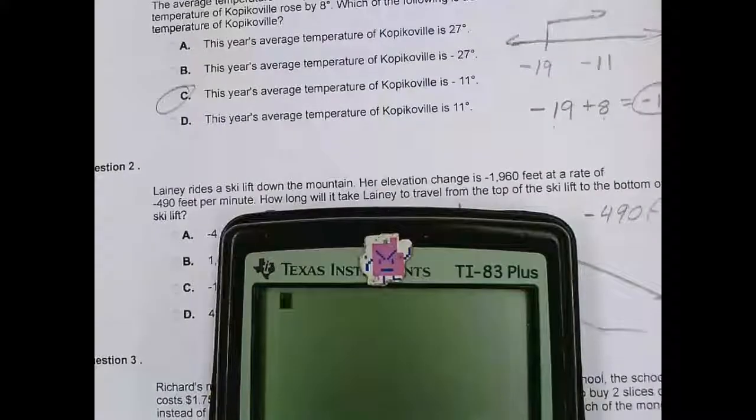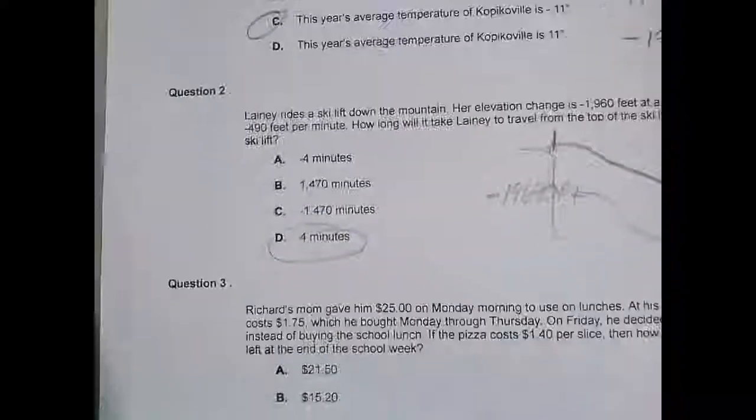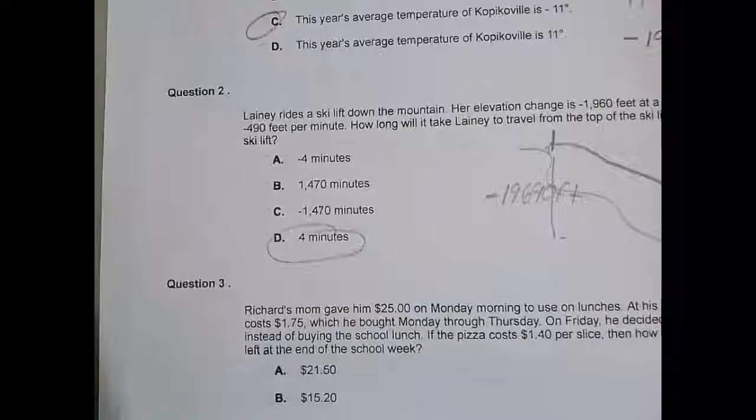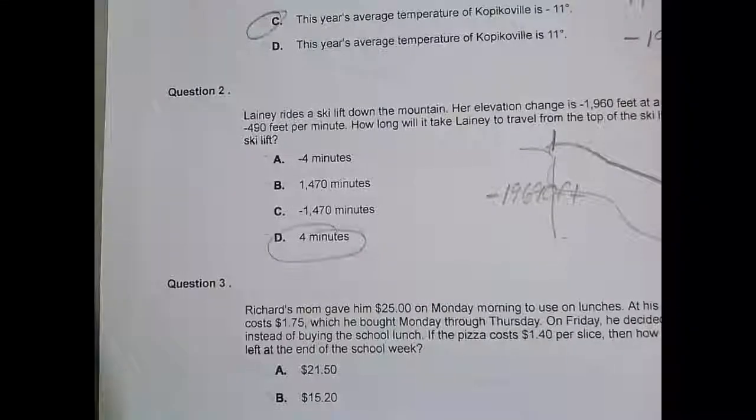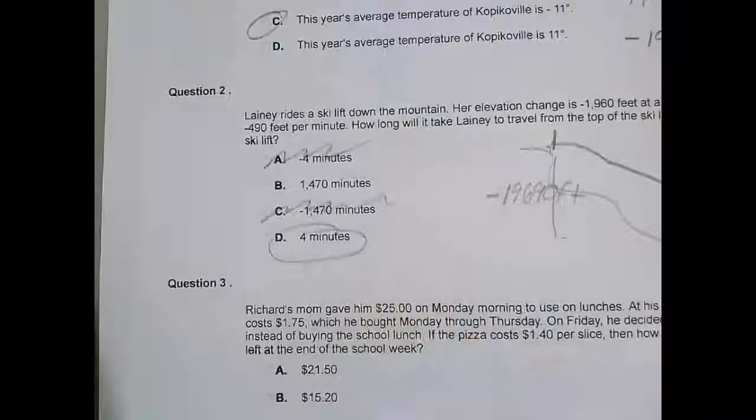Anyway, lady drives the ski lift down the mountain. Her elevation changes negative 1,960 feet. So 1,960 feet. And we're going to divide that by negative 490. So it's going to take her 4 minutes to go down the mountain. A couple things with this. Think about this for a minute. You can't have negative time. Makes no sense to have negative time. So these are both garbage. Now,